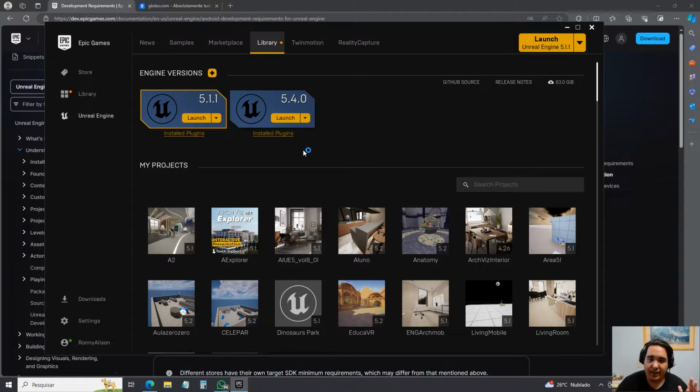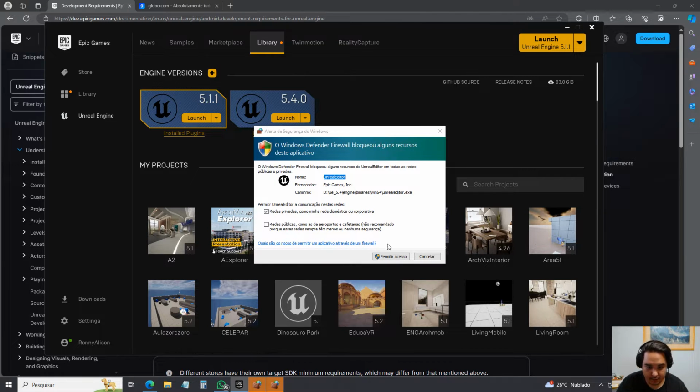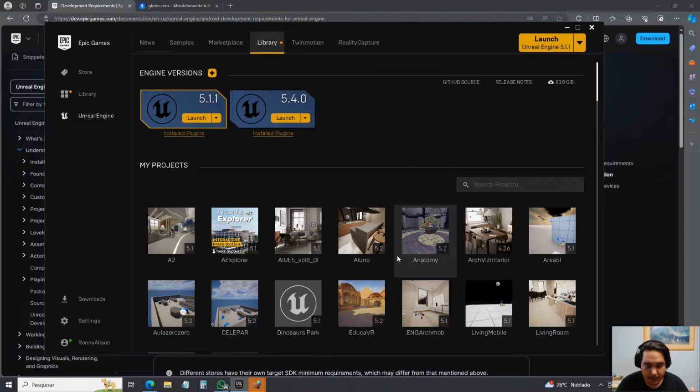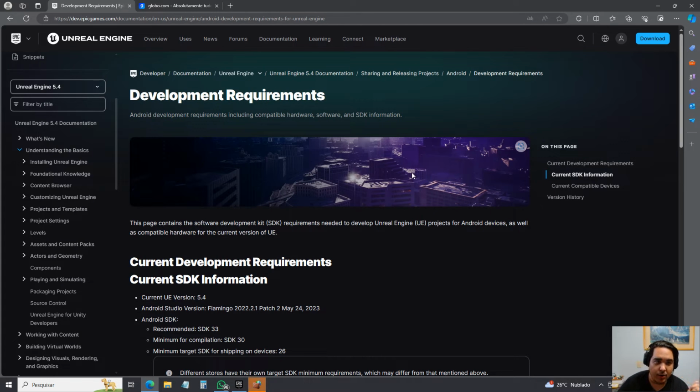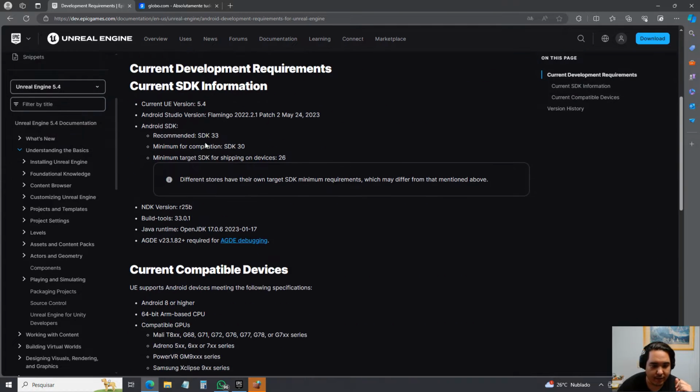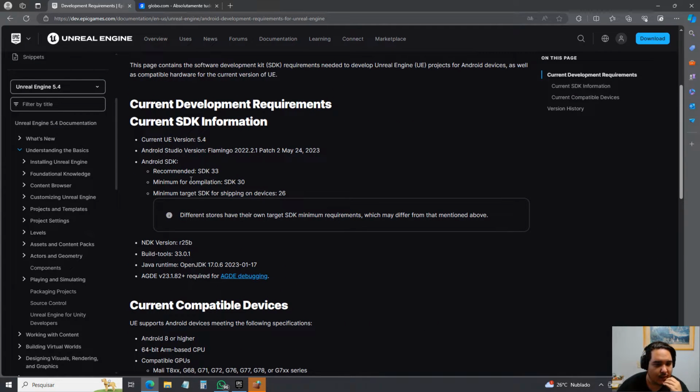So first thing guys, I have already downloaded my Unreal Engine 5.4 and I'm going to launch a virtual reality project so we can test and package our project. While Unreal Engine 5.4 is loading, I'm going to show you what we have to download to package our project. If you go into the documentation of Unreal Engine 5.4, you can see the recommended versions of